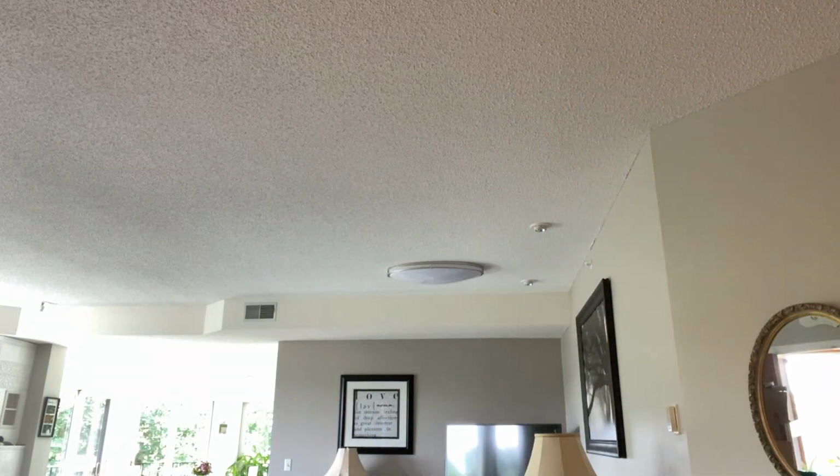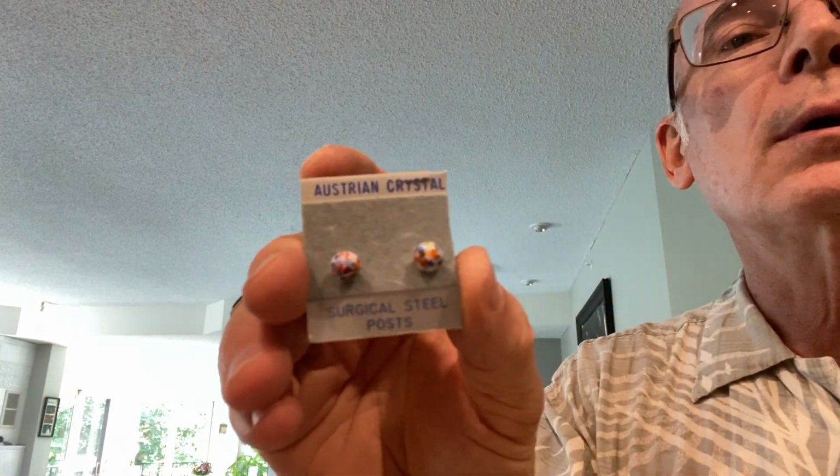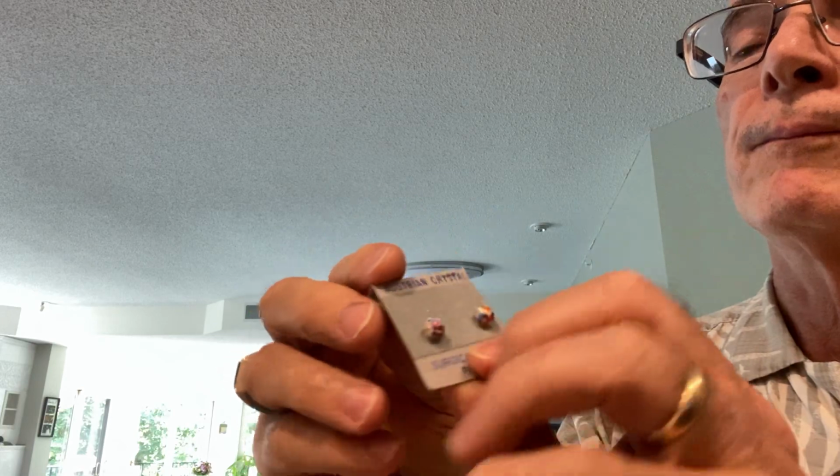But then inside this same box with this ring was this set of earrings that just say Australian crystal. So, a cute little pair. And then last but not least, in the same area that this bag was, I found this